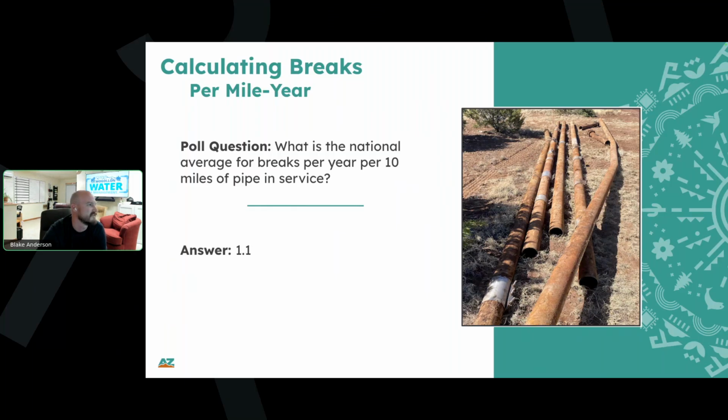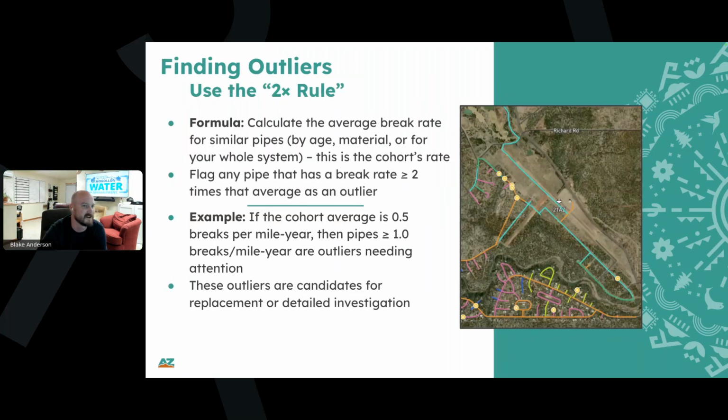So then the next step is you've computed how many breaks per mile per year you're having across your entire system. You pull up all of the breaks that you had in 2024 and divide that by the miles of pipe in service. Obviously it's 1 year. That gives you a benchmark of what your break rate is. And now you have to figure out, of those, which ones do you want to prioritize?